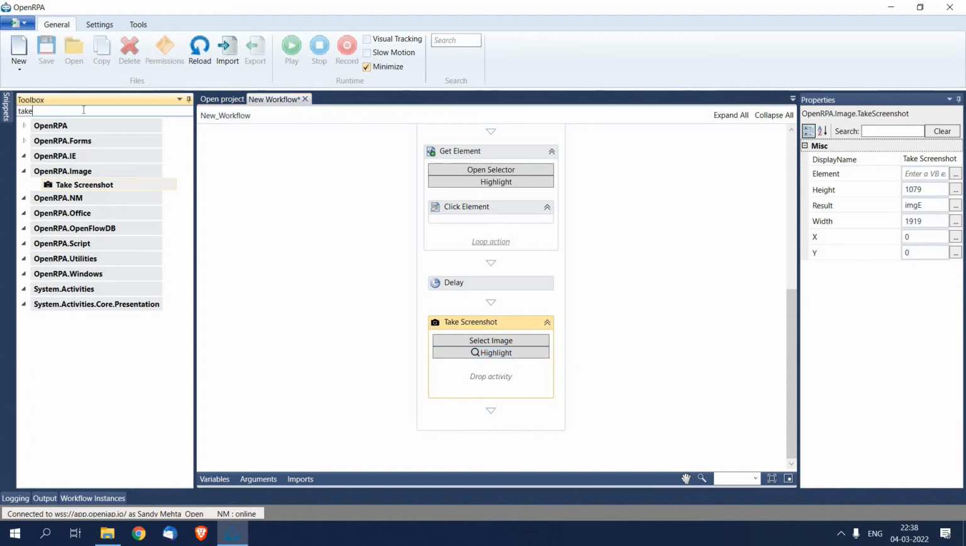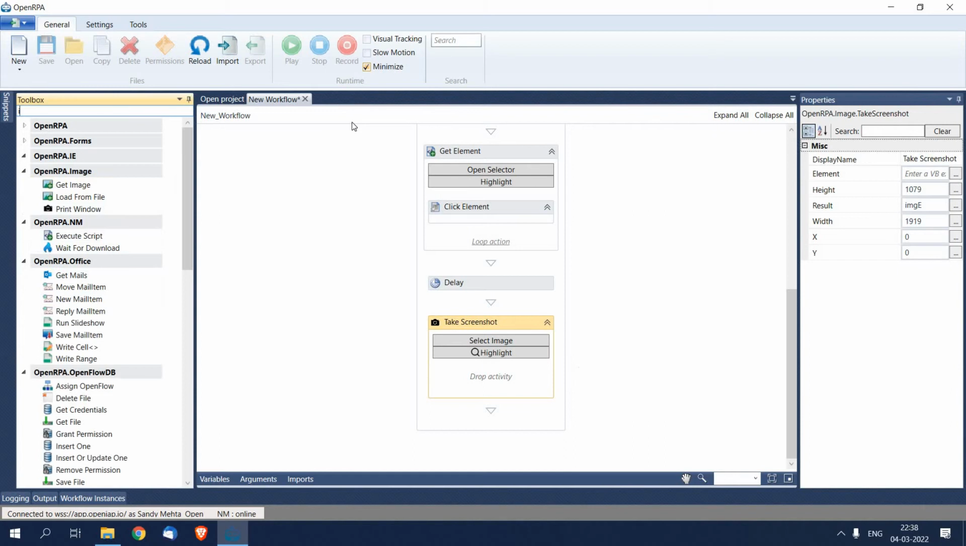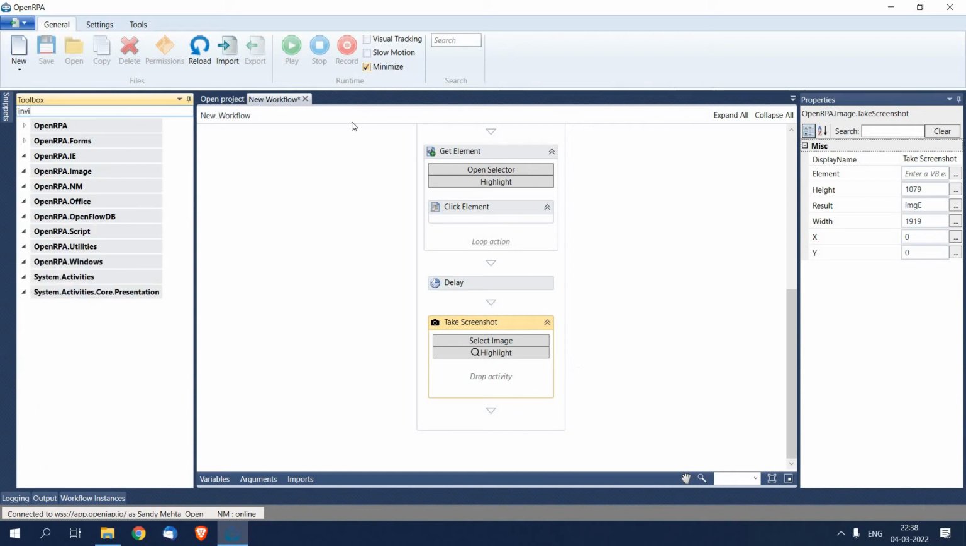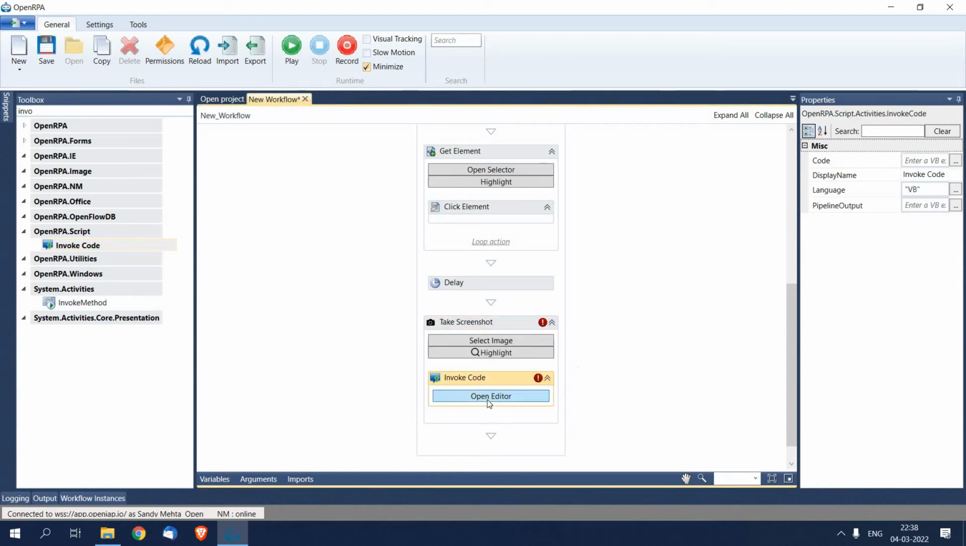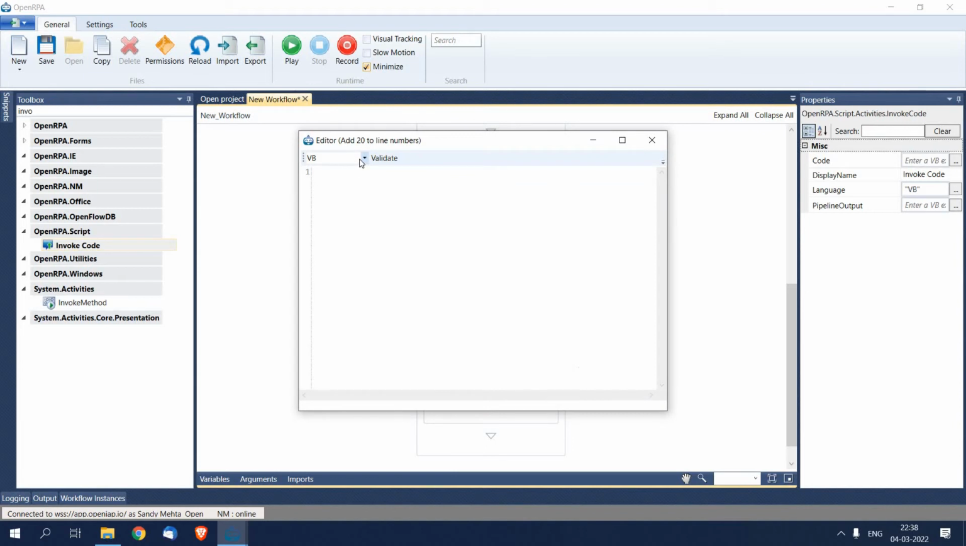After that I'm going to add another activity, invoke code, and I'm going to click on open editor, and here I'm going to select language as C#, but you can keep it VB, Python, whatever you wish. Here I'm going to write the name of the variable which I have created earlier. That's imageE, and I'm going to call